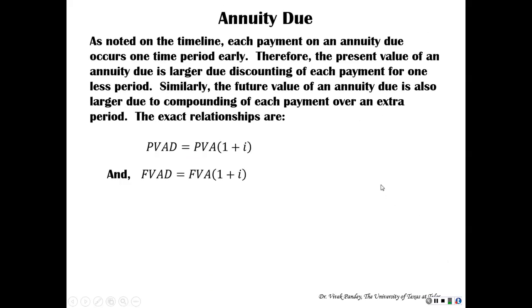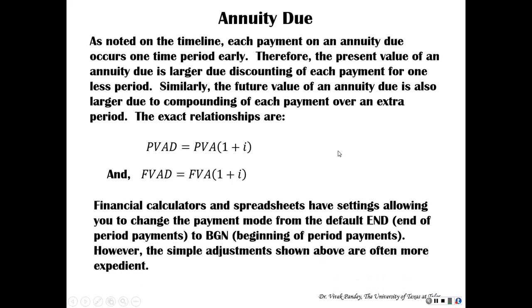So the present value of an annuity due is larger due to discounting of each payment for one less period. Similarly, future value of an annuity due is also larger due to compounding of each payment over an extra period. And so the present value of an annuity due is the present value of a regular annuity times 1 plus I. Likewise, the future value of an annuity due is the future value of a regular annuity times 1 plus